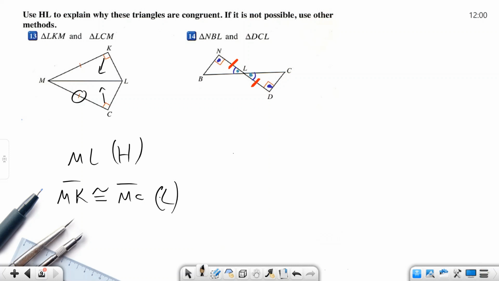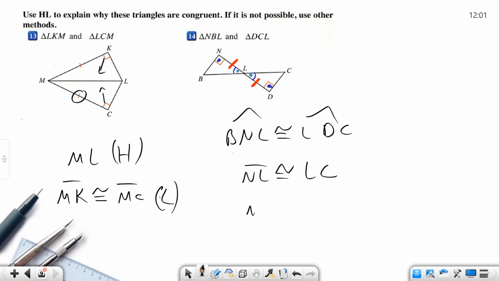If you want, I can write it. Maybe writing is better. Angle NBL is congruent with angle LDC. So not LCD, LDC. So NL is congruent with LD, and the last one, NLB, is congruent with this angle, DLC. So angle side angle you can write, therefore they are congruent. So this is the last question, I think. Thanks for